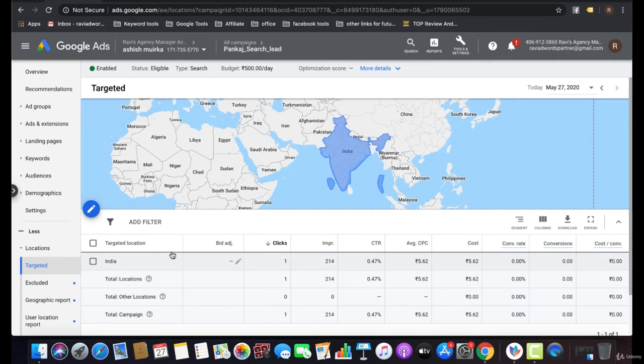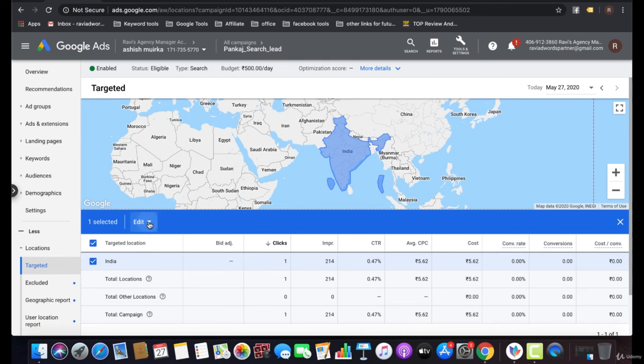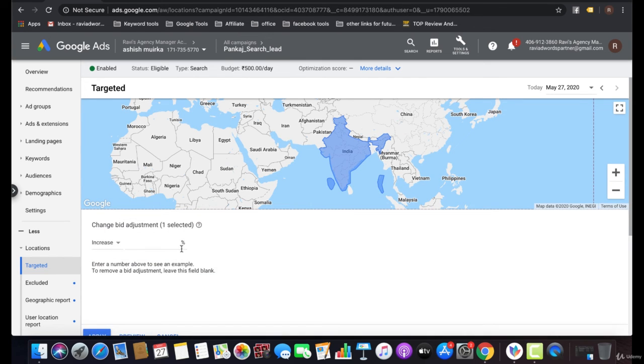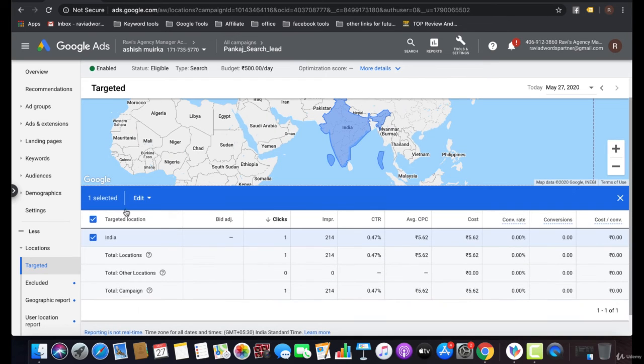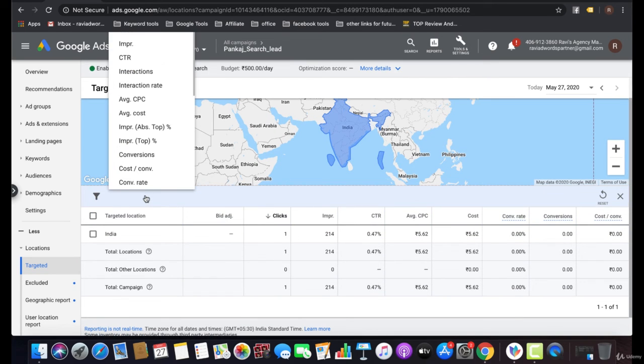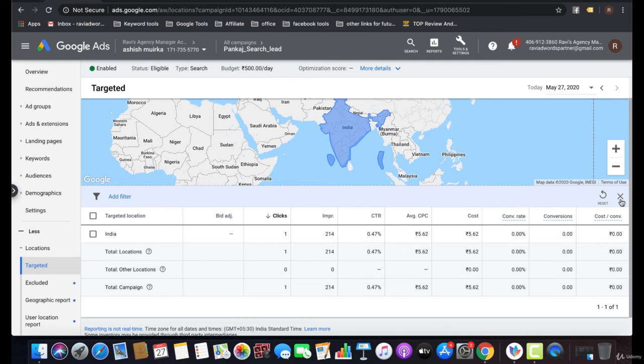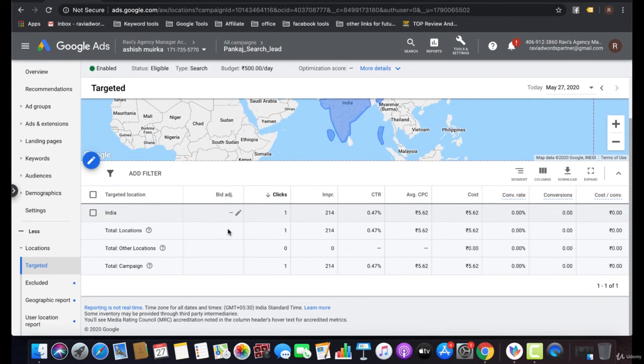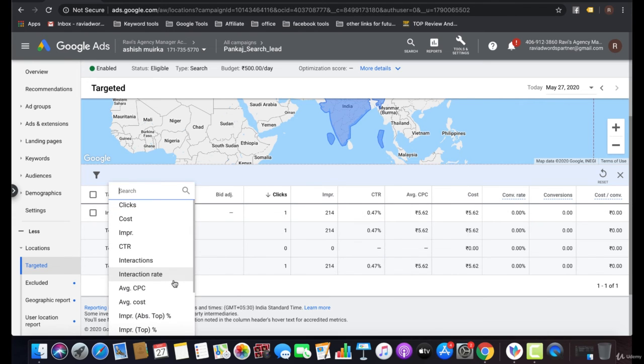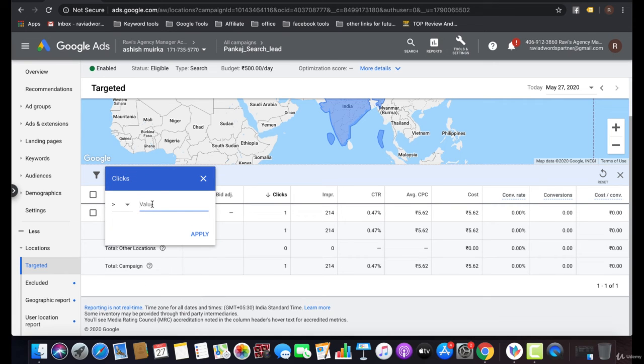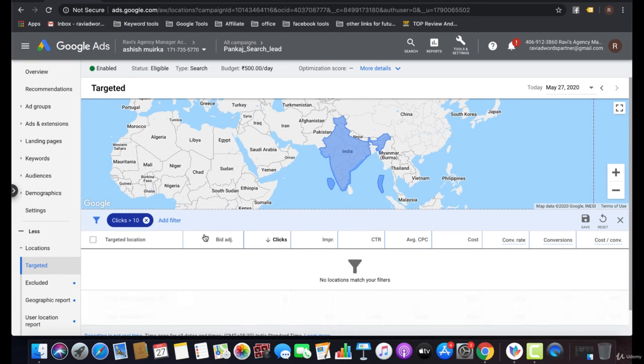Click on add. You can optimize for different cities, at that level as well. If a location is getting clicks, about one or less, but not getting conversions within 7 days, then you need to stop displaying ads to that particular location.